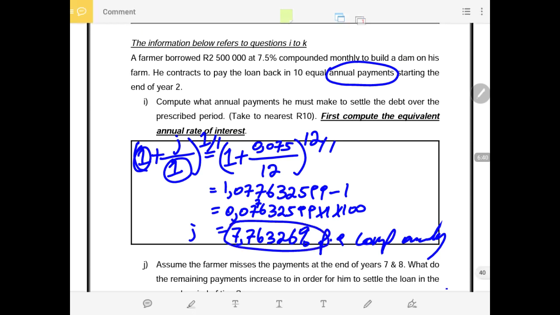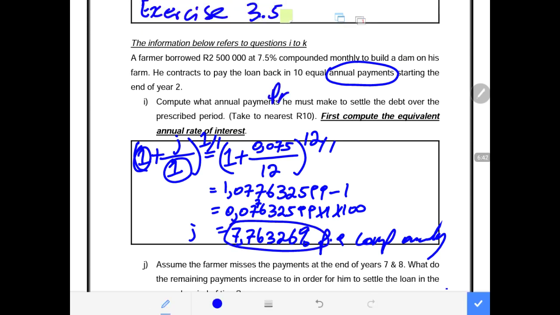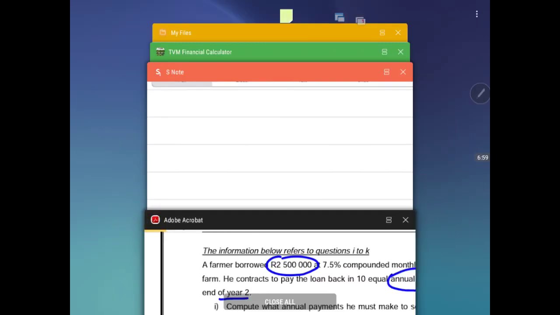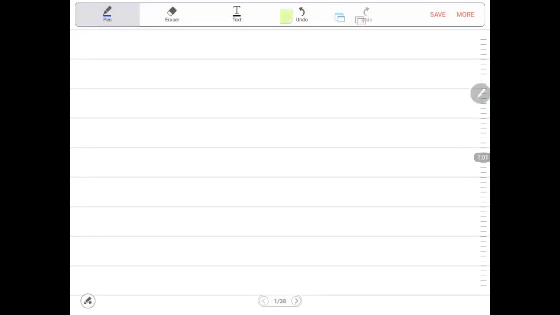Remember, we are required to calculate the PMTs, the annual payments that will start at the end of year 2. We still need to calculate the future value of that present value for a period of 2 years. So let us go there and compound the amount that was borrowed for the period the farmer was not making any payments. So now we say plus minus